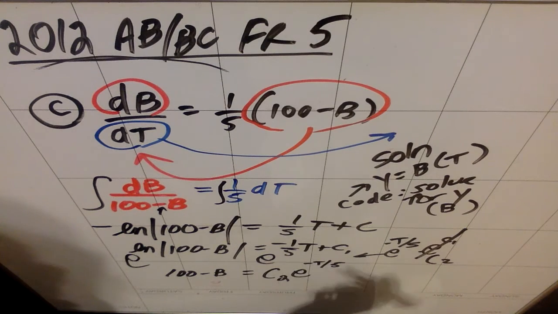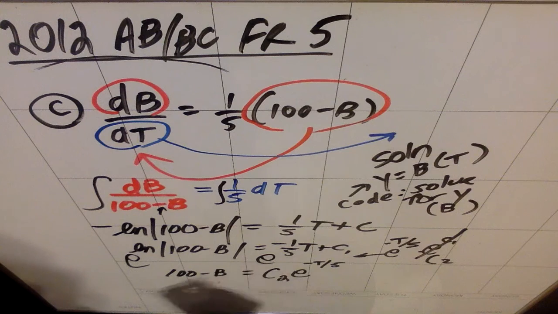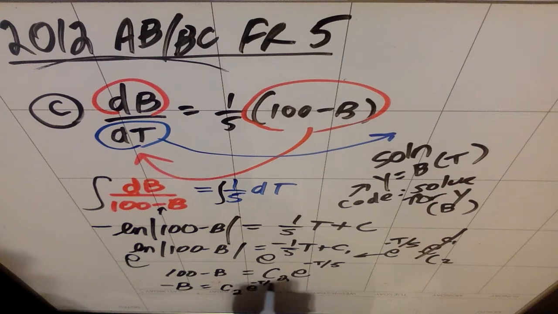And it's up to you when you choose to plug in the value that they gave you to find your c. You could do it now if you want. It's entirely up to you. I'm not going to. I'm going to go ahead and move the 100 over. So negative b equals c sub 2 e to the negative t over 5 minus 100. When I divide by negative 1,